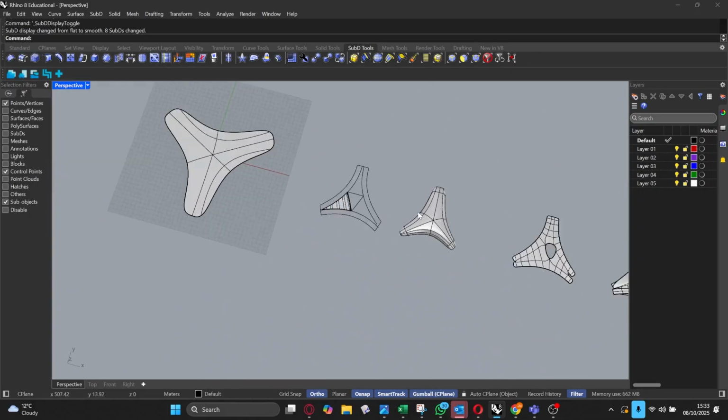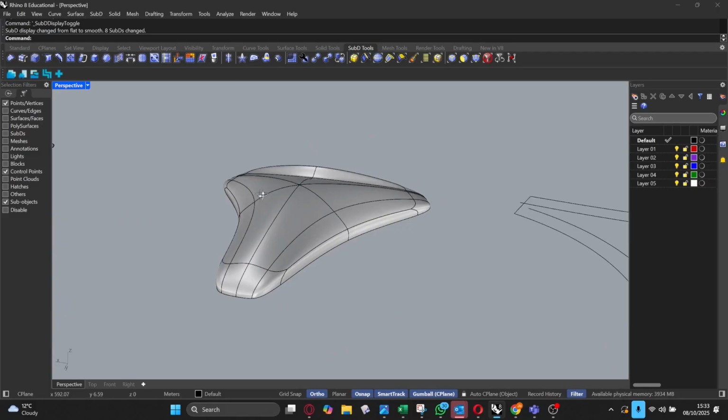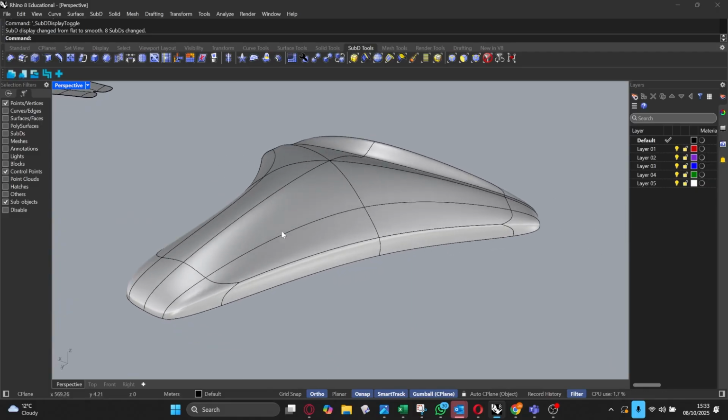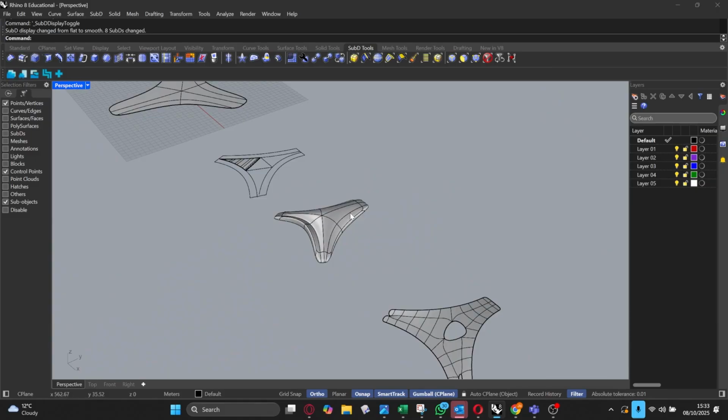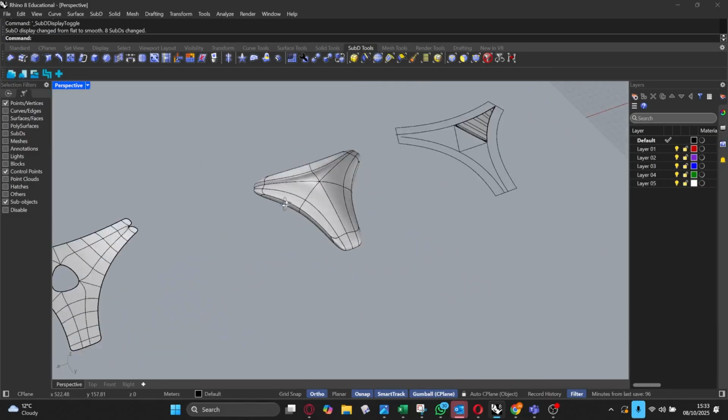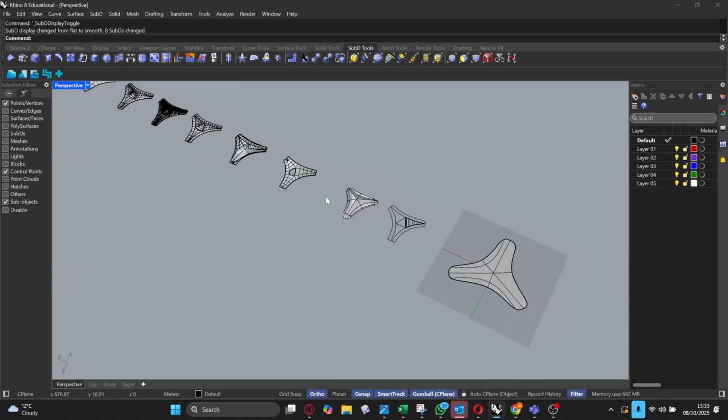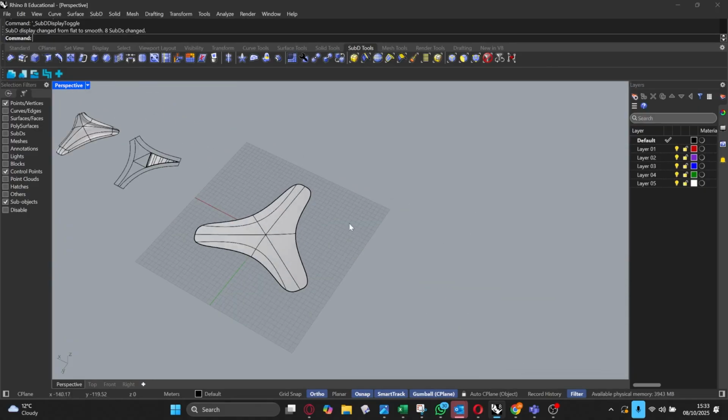So that's just an idea of how you can thicken your geometry using SubD, and how you can also play around with different ways of creasing edges. Okay, creases. Let's say, for example, I'm going to show you